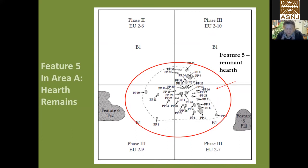And at the Highview site, we actually identified 2 features. Feature 5, the remnant hearth, is located in Locus 2, Area A. The feature measures about 4 to 5 feet in diameter and about 1 foot deep, based on the distribution of artifacts. About 55 artifacts were recovered from the feature, and some of these were piece plotted,